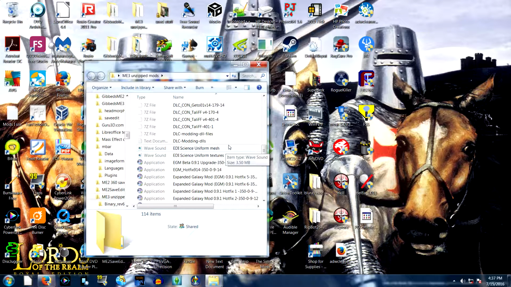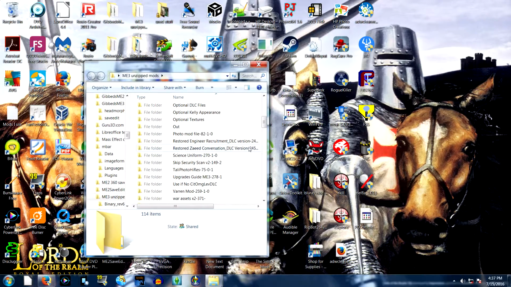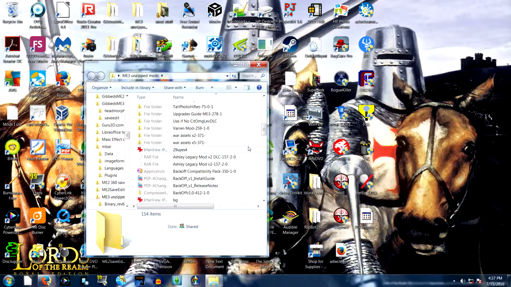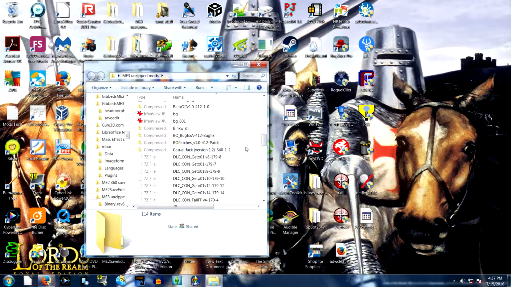There seem to be some variations between objects in the game, so I will not be going into detail on that, because each one of them comes with its own special set of instructions. If I were you, I would read those very carefully before modding any textures. There are two programs that you'll need to download to make this work, and I'll have links in the video description. The first, when you download it, will say Bink